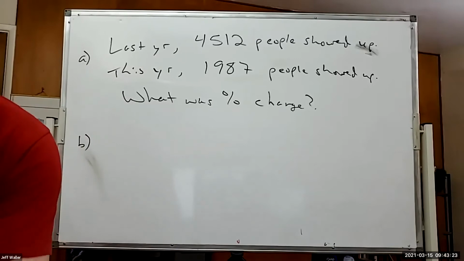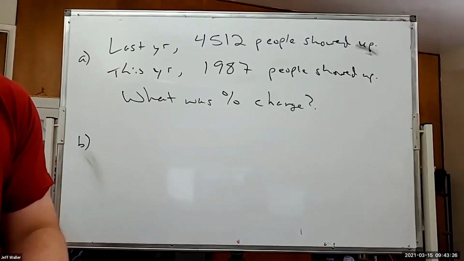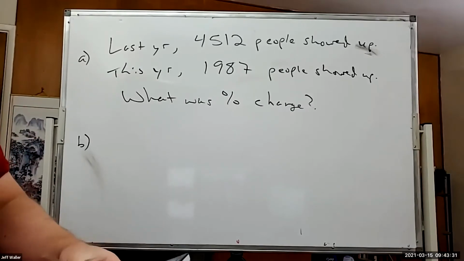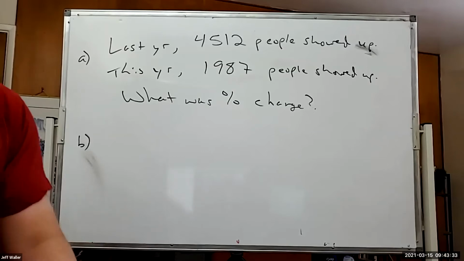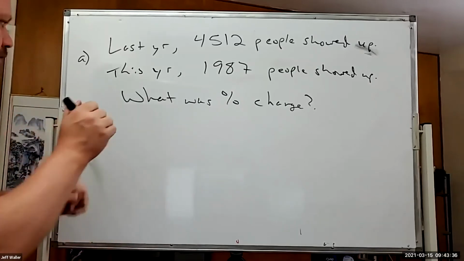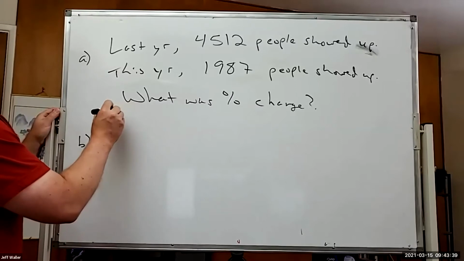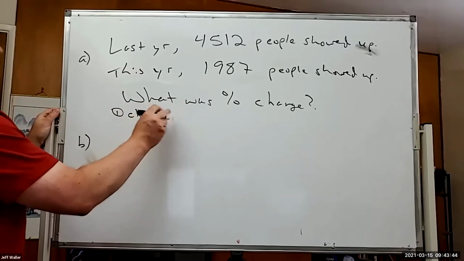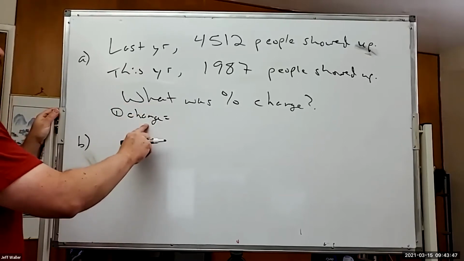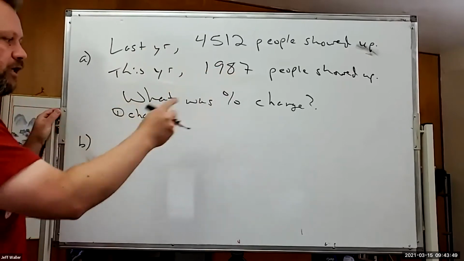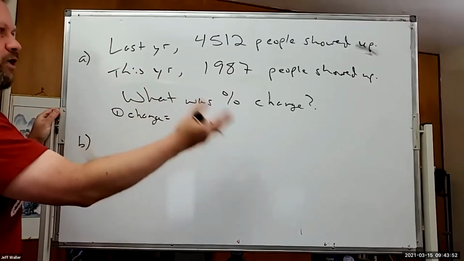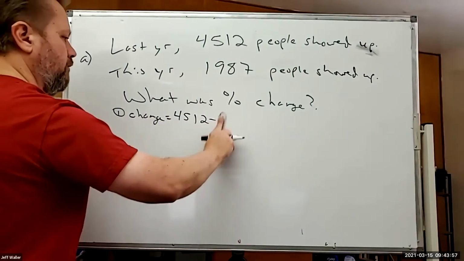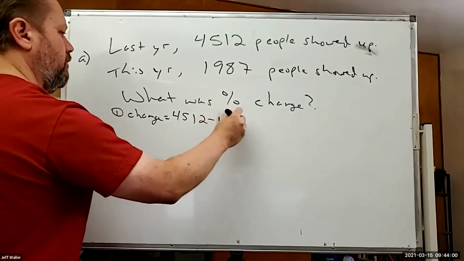Oh, maybe I should do this. 56%. Divided by, sounds about right. So, very first step is to do what? Well, subtract 4,512 minus 1987. Figure out what the change was. In this case, it was a decrease, right? But in general, we could just call it how much did it change by? So 4,512 minus 1987, that gives you